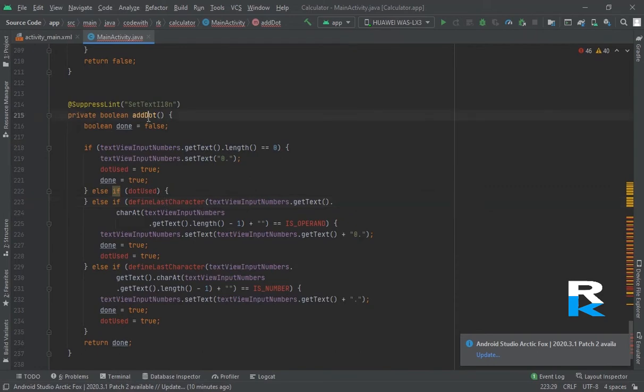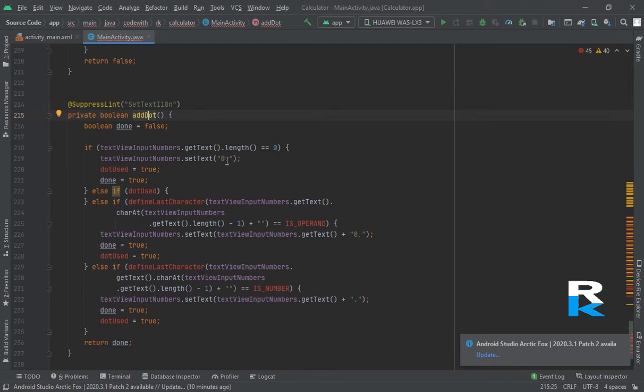Now I have created one for the dot. For adding the dot, I have created one method. Whenever we click dot, what should the calculator check? Whenever the text view is 0 and we click dot, it should enter 0.0, the dot value, not only 0.